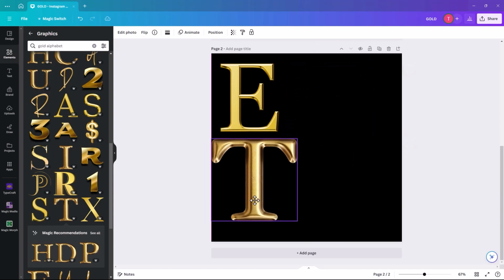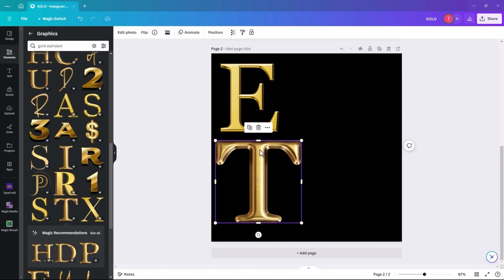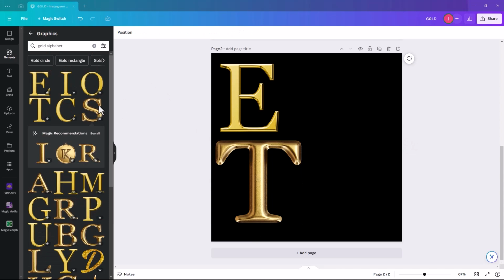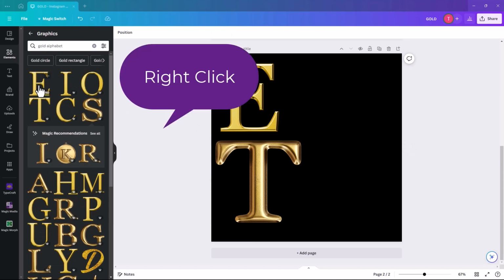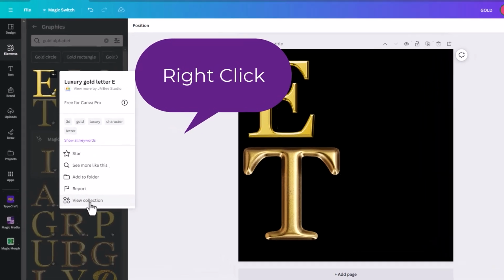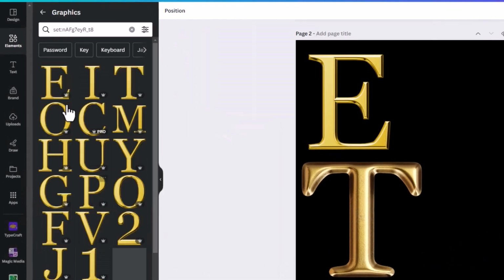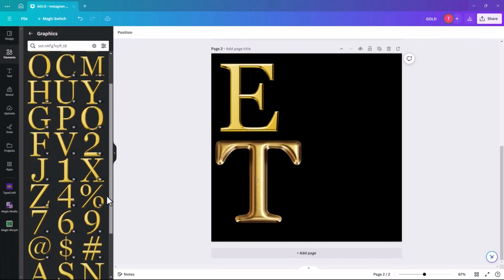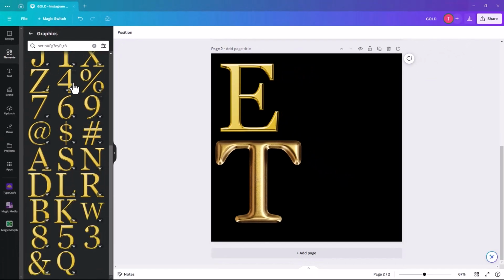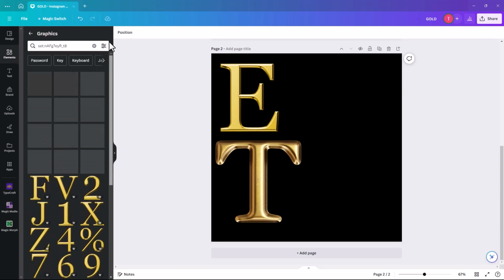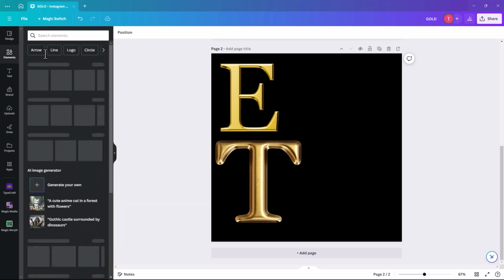So basically, you just make up your word. I'd bring them in all at the same size, then group them together, and then reduce them, because otherwise you get different sizes, and it's very hard to match them afterwards. The other thing I'll show you is if you right click on some of the images, it'll say at the bottom, view collection. This will give you all the letters, all the numbers, and usually a few other symbols, which is pretty good. The only thing I would say is that not all of them